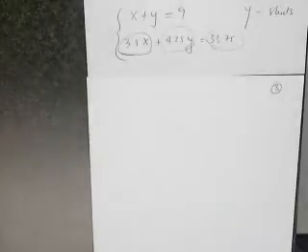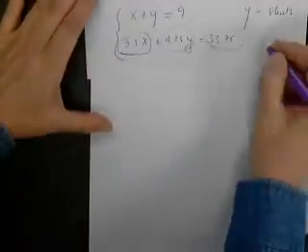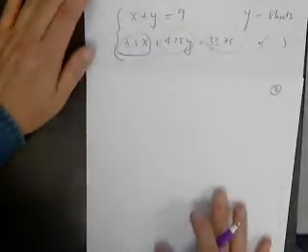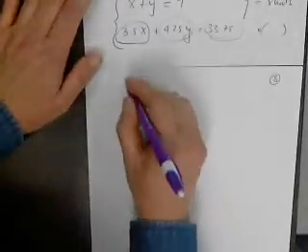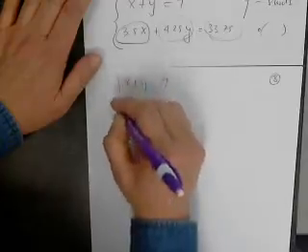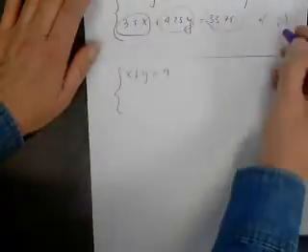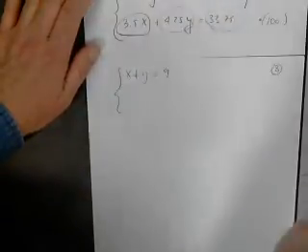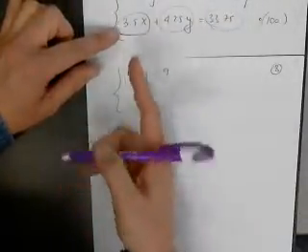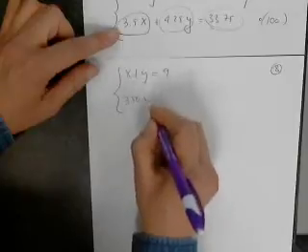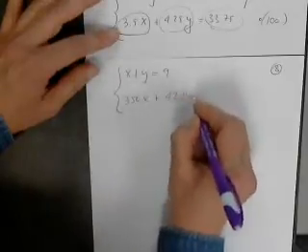Get rid of the decimals. Good. What will I multiply both sides by to get rid of all decimals? Keep the equations together, please. 100? Yes. So 350x plus 425y,